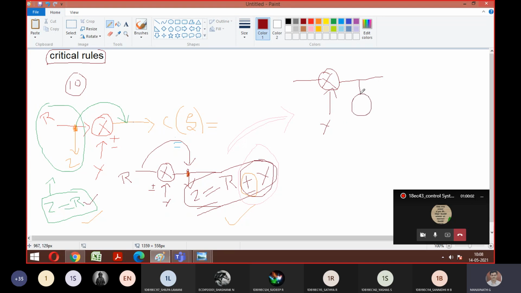So if I connect one more summing point after moving that Z I am talking about, okay? So Z has to be moved, see how you multiplied 1 by G, an earlier concept, the same concept. So if I take one more summing point for Y, see this is having plus or minus. Let me change the color and write so that it will be visible for you. So if this is plus or minus, then I should take the opposite of this, right? I should take minus and plus. Then check out what is my C of S. So this is my Z point. This is my R. See, if you understand this rule number 10, the same concept repeats for 11 also.